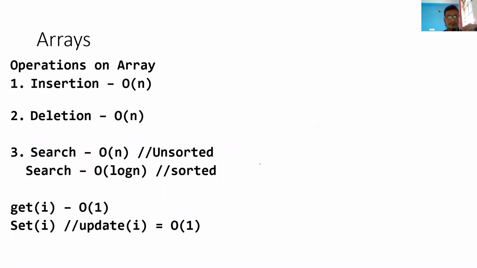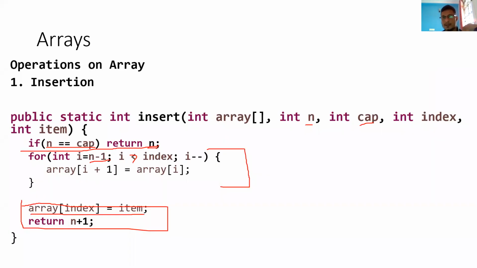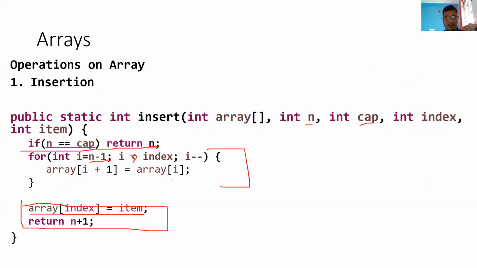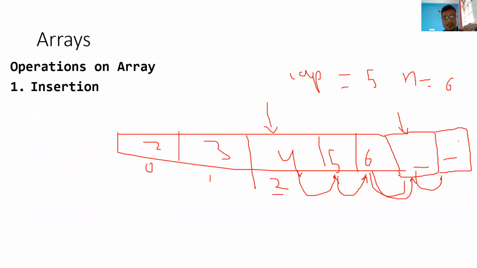Next one, I hope it is clear, right, guys? If you want me to explain, it is not theta of n, Haripriya. Why is it not theta of n? Because we have best and worst case scenarios here. The best case could be that you want to insert the item at the last location, so you don't need to get into this loop. It will not enter this loop, so that is the best case scenario.